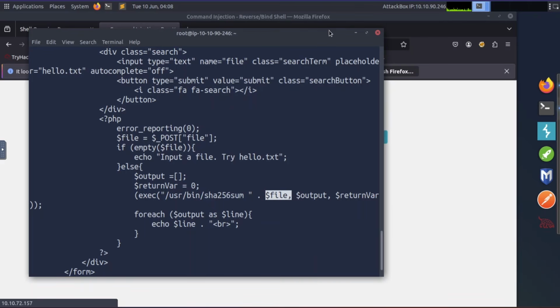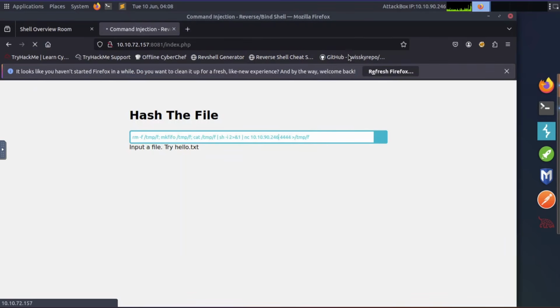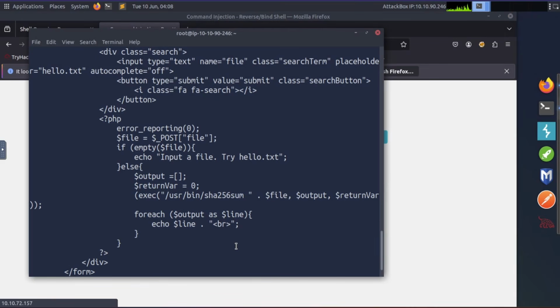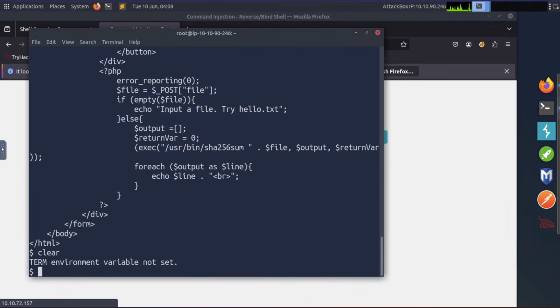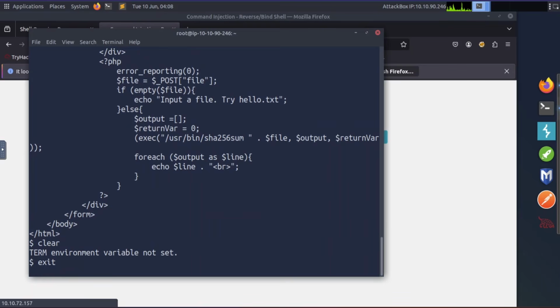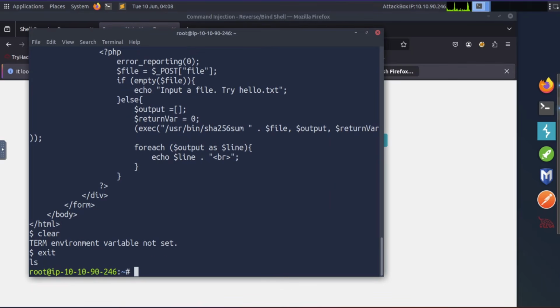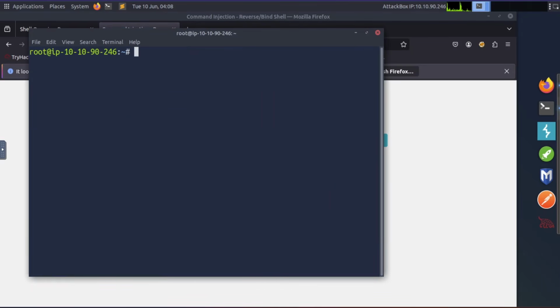So we should have had to put command separators. Oh, sorry, command separators. I don't know how well you can see that, but basically, let me just exit out of this. Okay. So what we should have had to do was put one of these before and after our command, because those are line separators